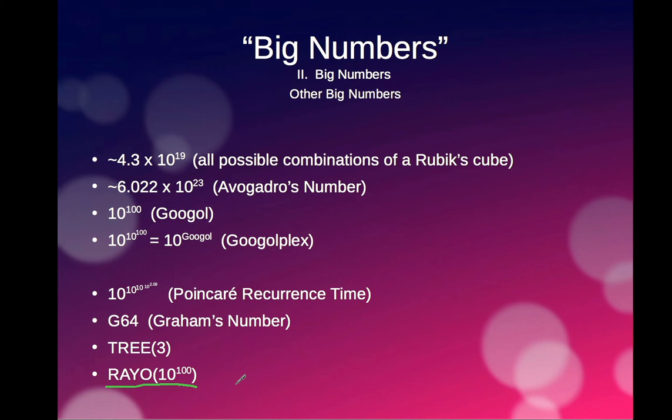So essentially what Rayo's number is, the instructions are: take one number larger than the largest number that can be written using a googol symbols of first-order set theory notation. Now, you don't have to know very much of what I said, but essentially it says what's the biggest number